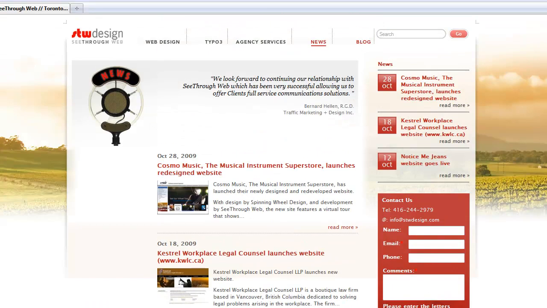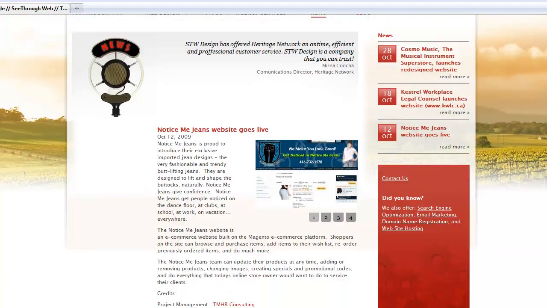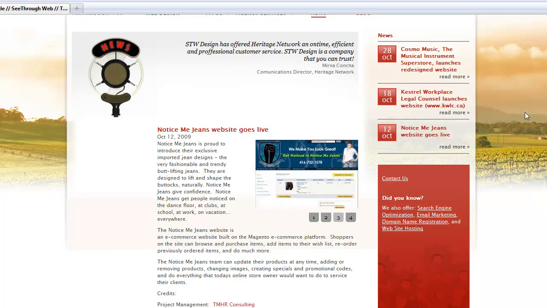And then if we were to actually click through, we could click on one of the items itself, and we see the actual news item itself, and that's the full details of the news. So we have what's called the latest view on the home page, we have the list view on the news page, and then we have the single view on the news page itself.